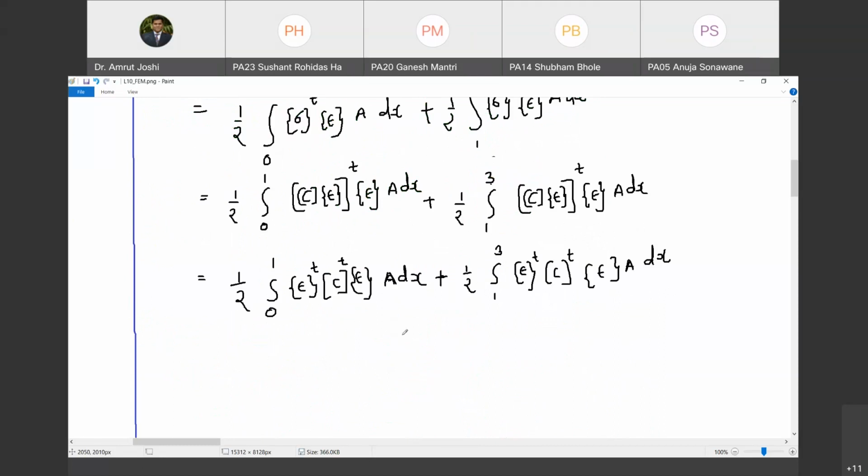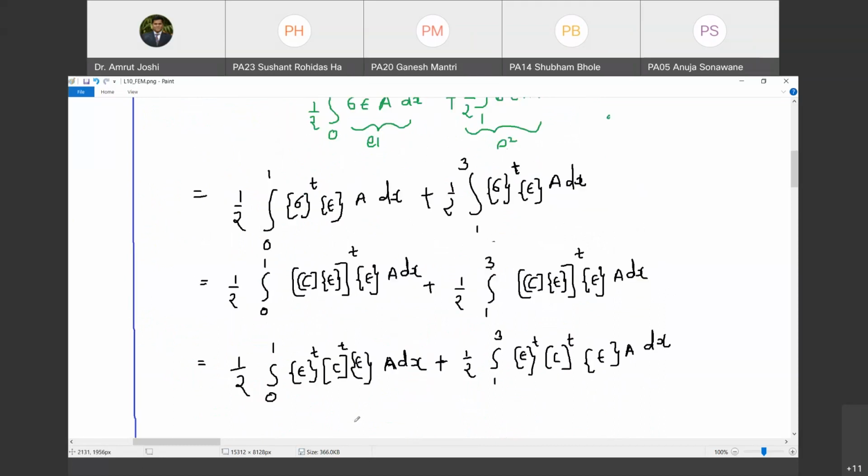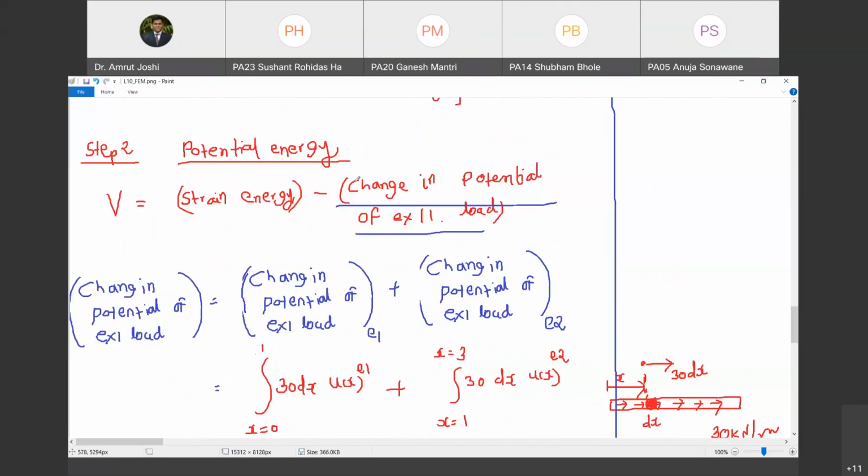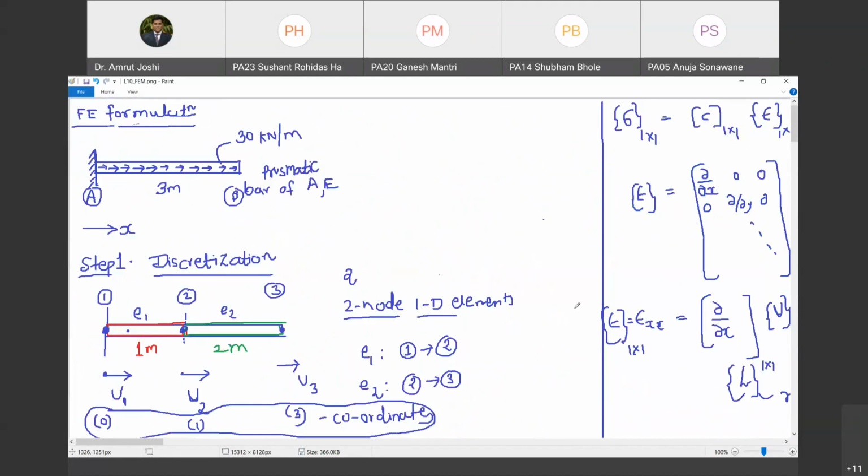That's what we are going to do in the next class. So we are going to stop here today, and in the next class, the focus is that we are going to express this potential energy as a function of U1, U2 and U3. We have already expressed the second part. Now we are talking about the first part. Once we are through with this task, expressing potential energy as a function of U1, U2 and U3, we are going to apply the principle of minimization of potential energy, and then we are going to get U1, U2, U3. This is the flow in which we are going to work. We will stop here today. In the next class we will continue with this formulation.